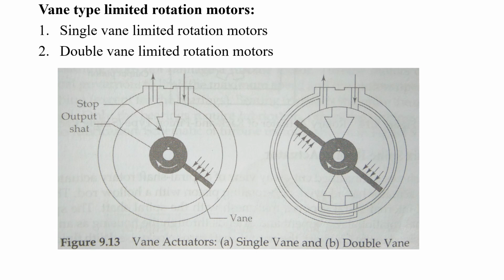The double vane limited rotation motor is a balanced one. You have seen the vane pump and the balanced vane pump. Here also, to get the balance, this is a balanced vane motor. It has two input ports and two output ports opposite to each other. If we supply air to one input port, it connects to the other end also. So both vanes have the load applied at a time, so it can rotate easily without any uneven load condition.